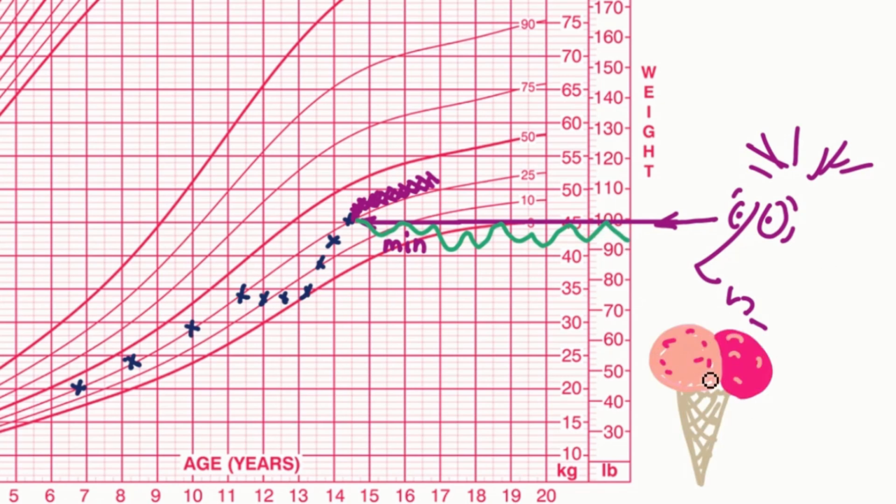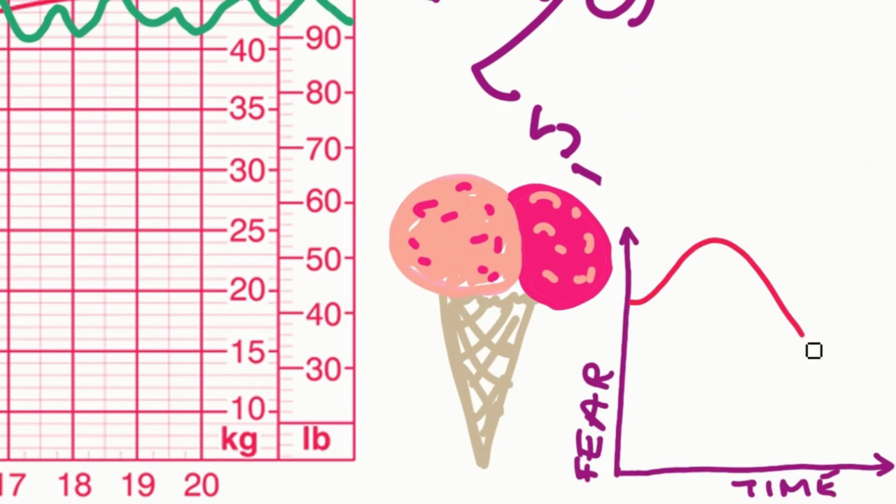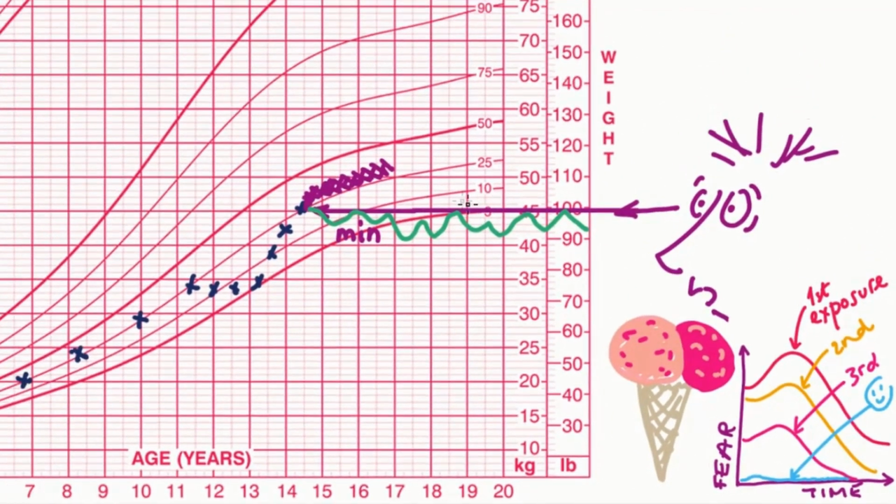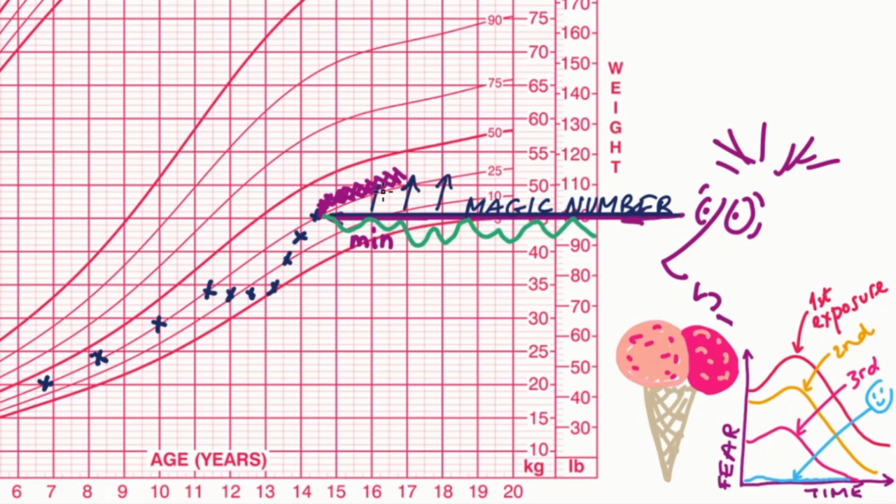So in the same way as you desensitize your child to the fear of ice cream by giving them ice cream, I believe it may be useful for your child to go over any magic number and to experience with your support that they are still fine. There's another reason for going higher. For some people, complete recovery in terms of behaviors and thoughts only happened when they reached a weight higher than that predicted by their growth chart, maybe 10% more, maybe a few kilos more.